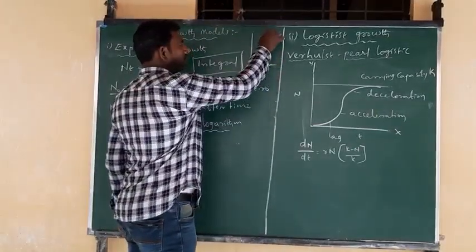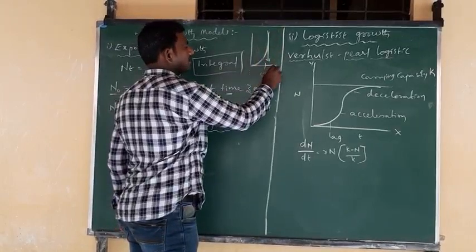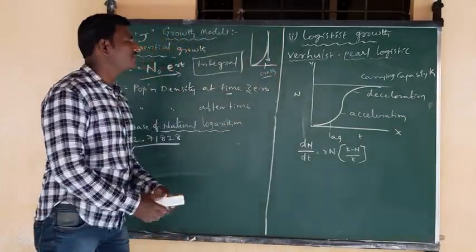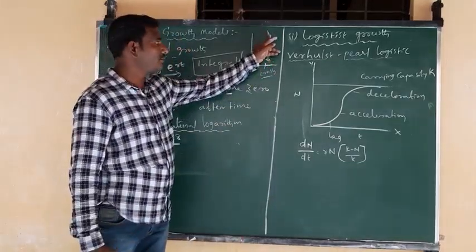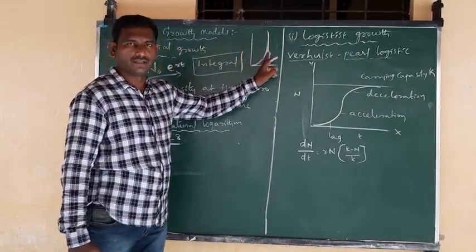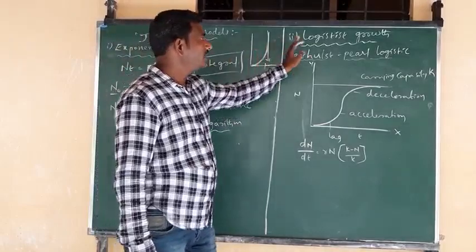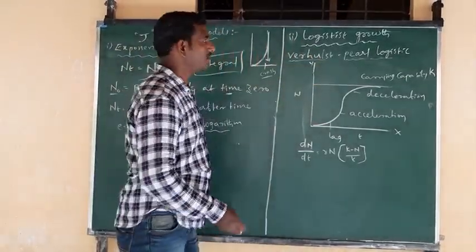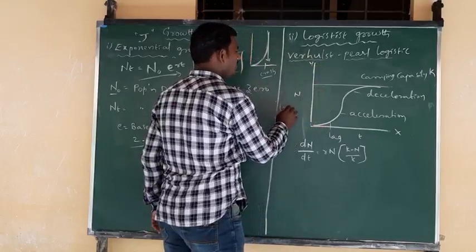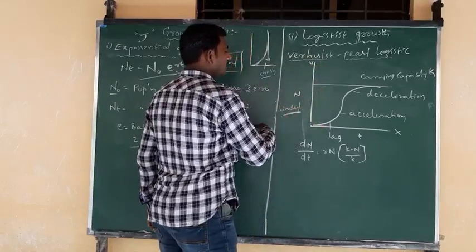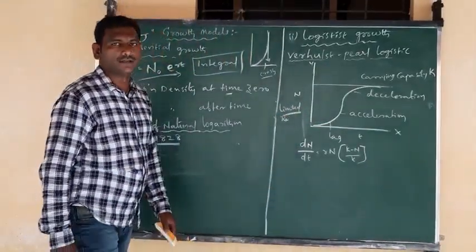If such resources are exhausted within a short period of time, then immediately the total population size decreases. If the population decreases within a short period of time, that is called a crash. So within a short period they increase, and if resources are exhausted they decrease quickly. That decrease is called a crash. Okay, then after that, logistic growth lines. These logistic growth lines are formed when resources are limited. In the case of limited resources, such growth models appear.